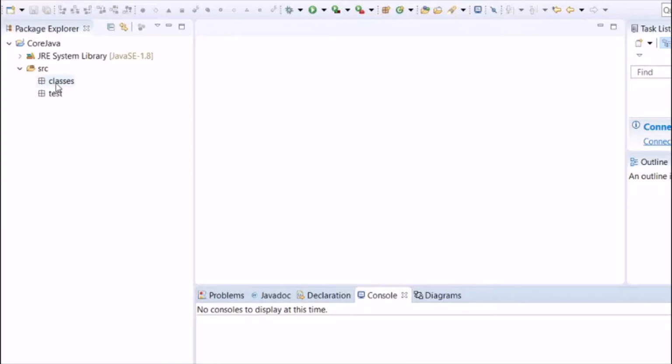Now we have created two folders, classes and test. In classes, I will try to create a class by the name pen. Here we will define a pen class.